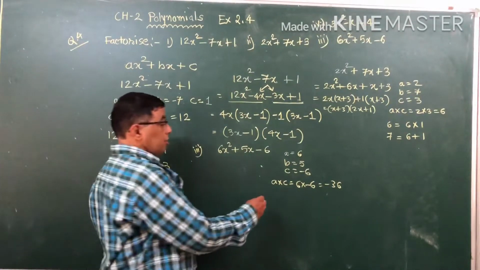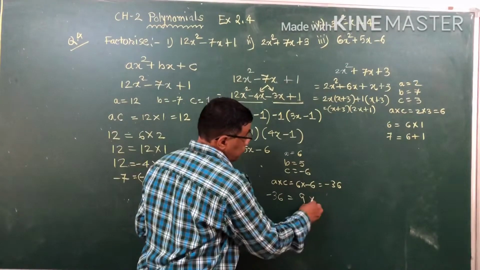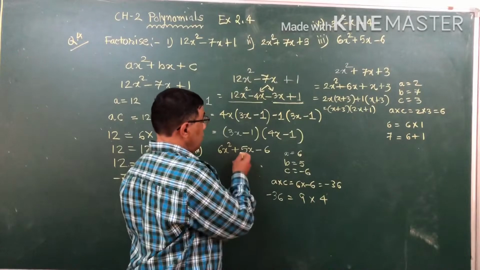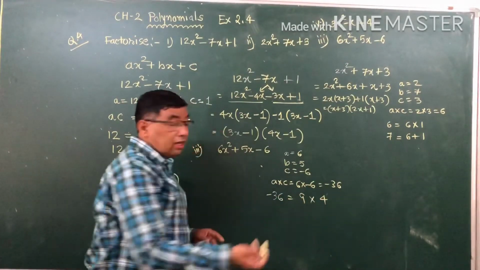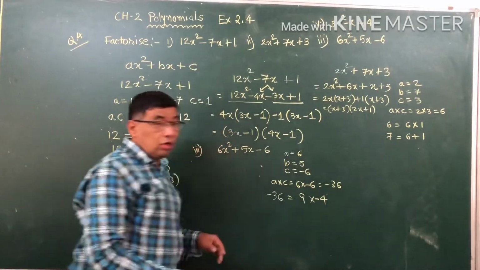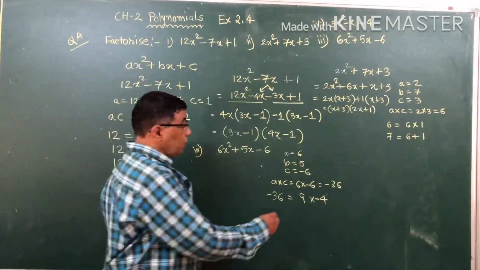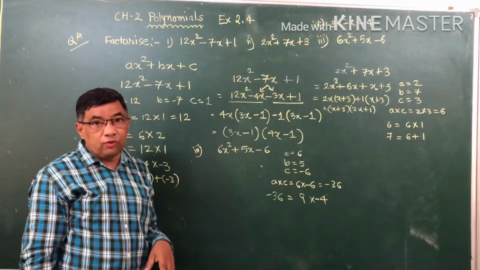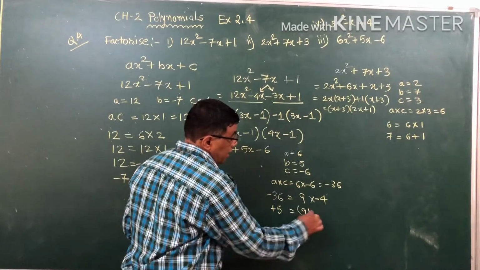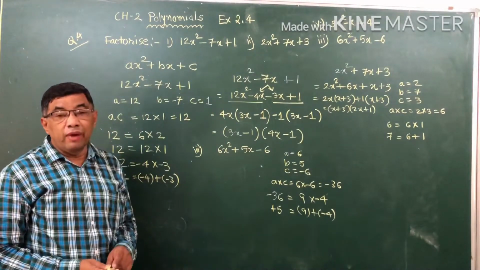So we already know that minus 36 we factorize in two parts. Suppose we are starting with 9 into 4, which is 36, and we want minus 36. So out of these two, anyone is minus, but we want plus 5 here. Therefore we apply the minus sign to 4. And so what we get, 9 into minus 4 is minus 36. And if you add these two, 9 plus minus 4, then we get plus 5 also. So we are getting plus 5 by adding these two. So these are the two factors, plus 9 and minus 4.